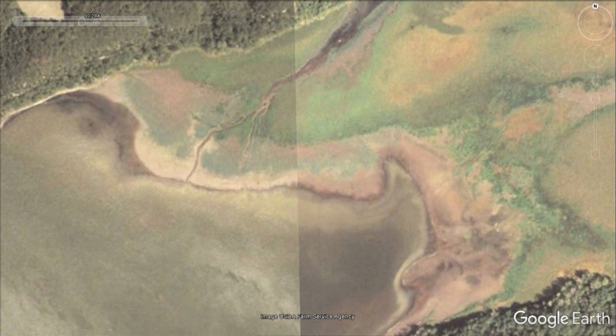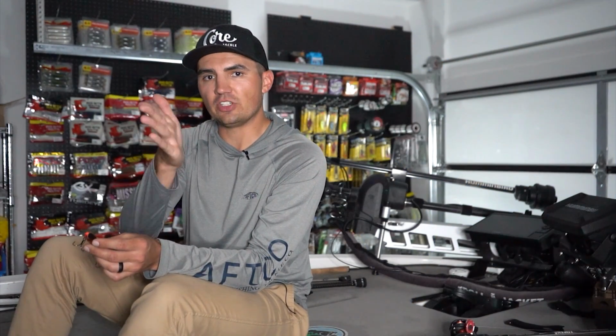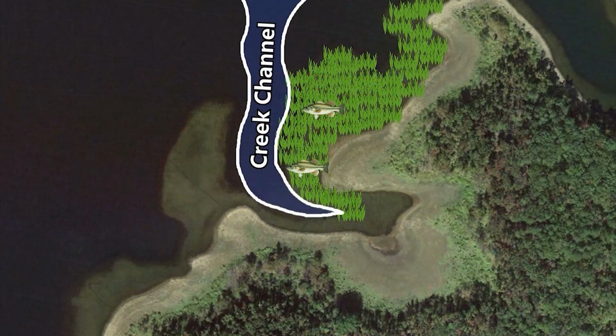The only major change you're going to find on these flats are places where ditches and drains run into the flat. You can find these in a contour map, and these drains will be maybe 10 to 15 feet deep. Right on the edges of these drains, you're going to have a depth change, and that's going to cause a hard edge to be formed in that grass. There'll be grass up on top of the flat and no grass in the ditch, and that hard edge is where a lot of bass are going to set up to ambush bait fish that are migrating through that ditch